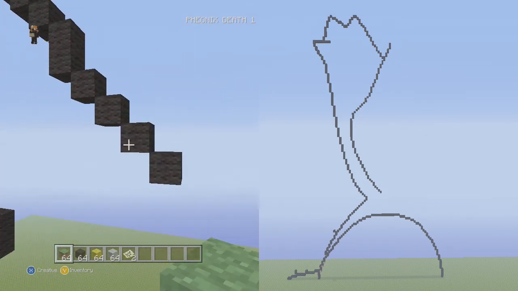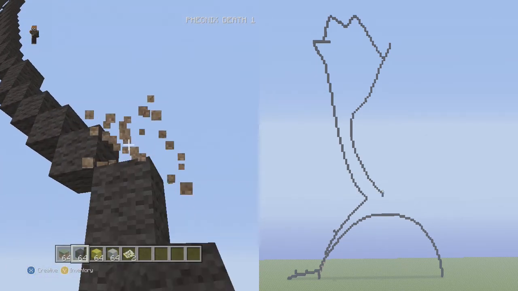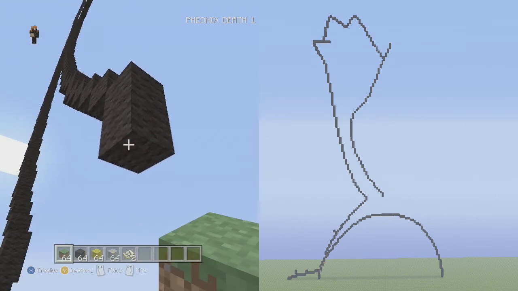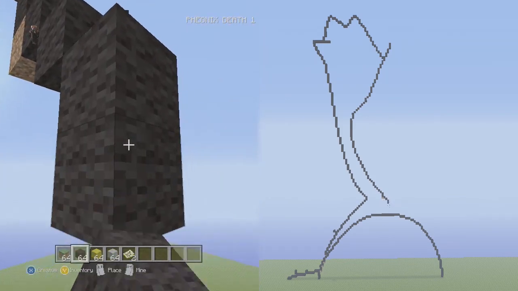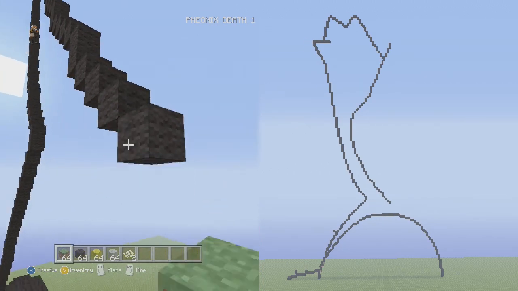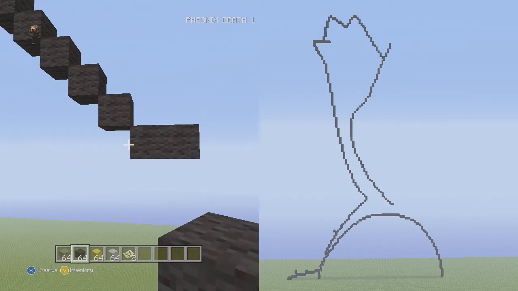Then we're going to go down into the right, 2 vertical. Down into the right, 4 single again. 1, 2, 3, 4. Down into the right, 2 flat. Down into the right,